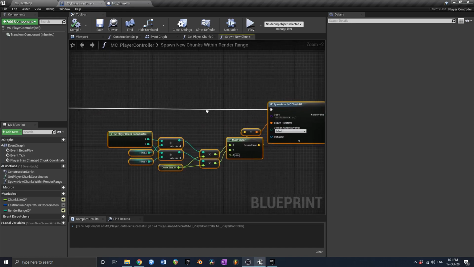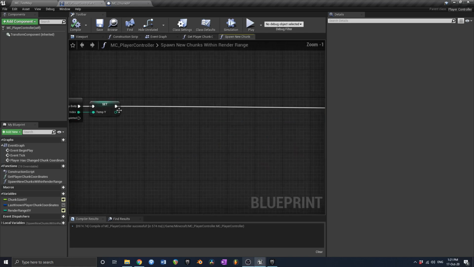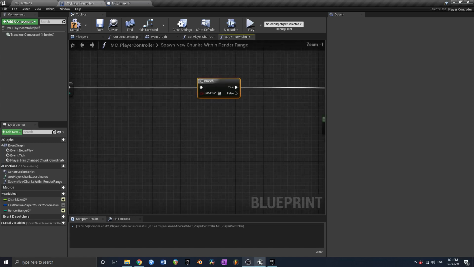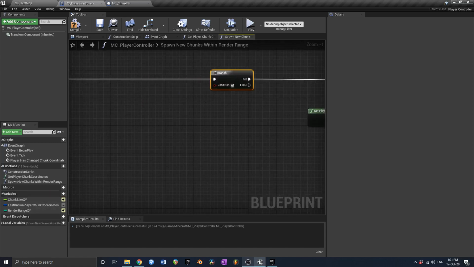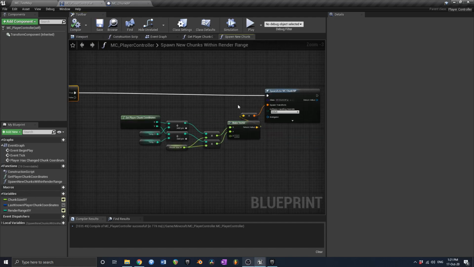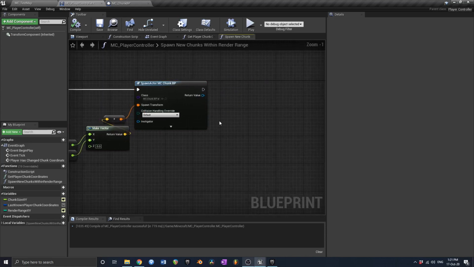So what this is doing is this is also spawning tiles on top of each other every time you change coordinates. So what we could do is we could have a check in here, a branch. So when it generates the indices, before it actually spawns a chunk, let's first check if a chunk has already been spawned at that position. And the way that we could do that